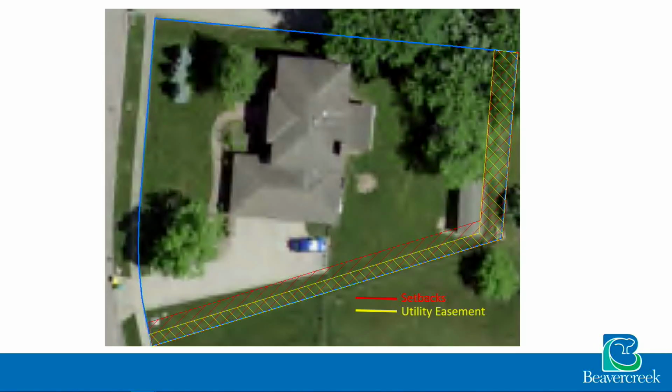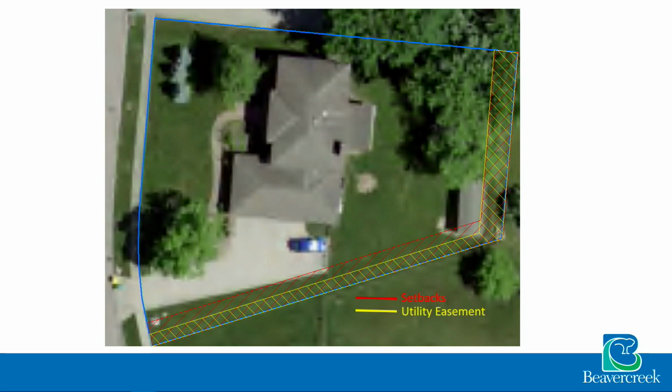So here's another image, GIS, as we discussed in previous meetings. These aren't 100% accurate, but they give you a general idea. I think this one's pretty close. When you look at where the front property line is in relation to the sidewalk, this one's going to be fairly close as far as where those setbacks are. So the red is the setback, the yellow is the utility easement. For clarification, on this property there's a 10-foot utility easement on that west side of the property. So the applicant is actually encroaching 1.5 feet into that utility easement.